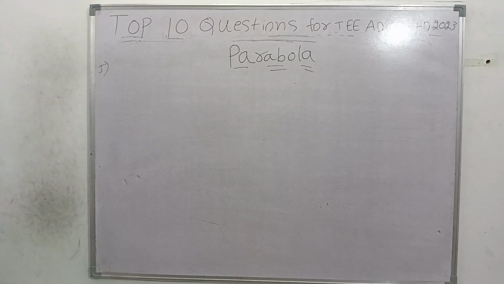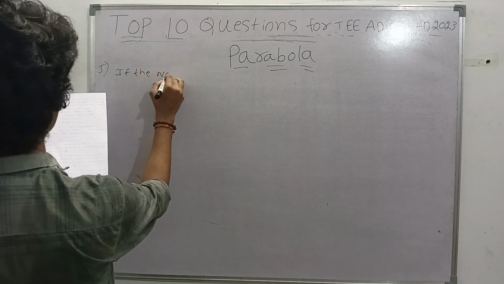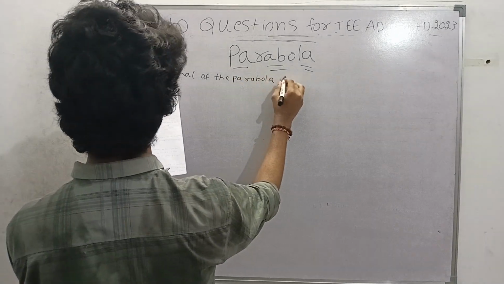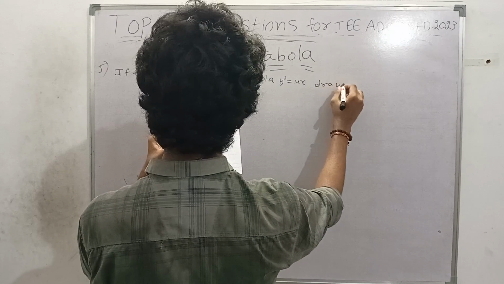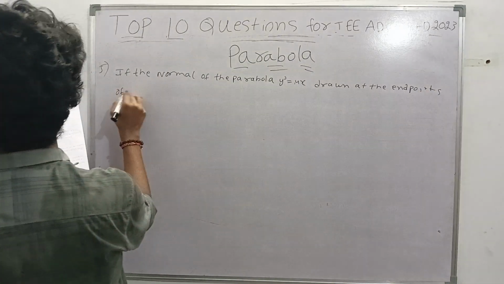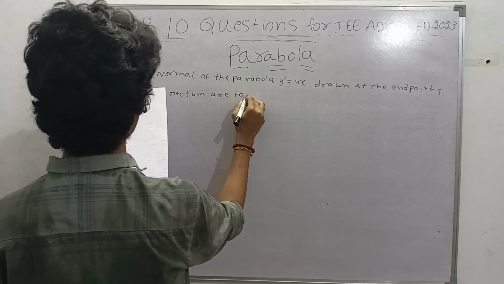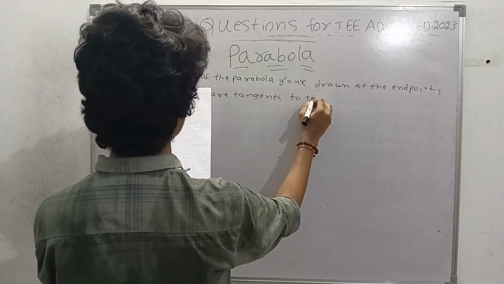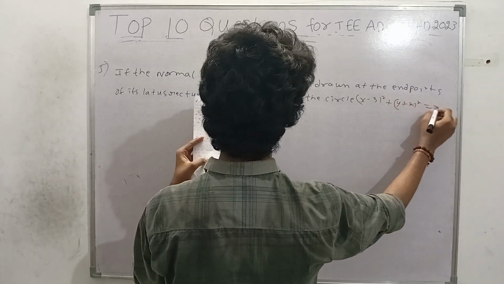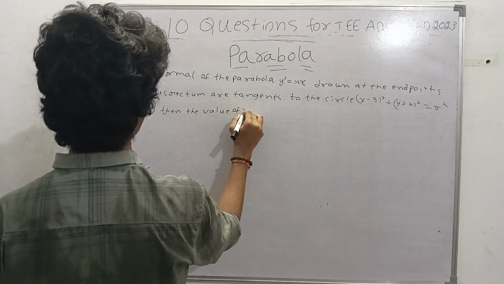Now fifth question. If the normals of the parabola y square equal to 4x drawn at the endpoints of its latus rectum are tangents to the circle x minus 3 whole square plus y plus 2 whole square equal to r square, then the value of r square is